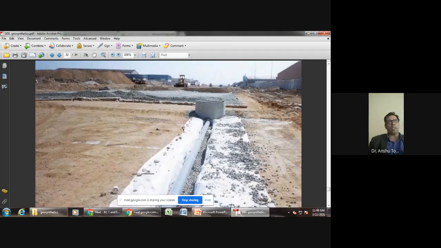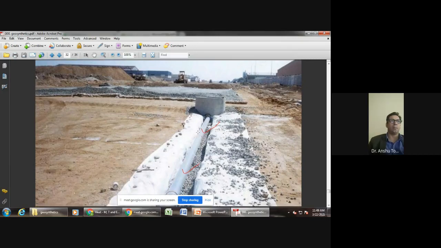This is for the drainage purpose. They have used this particular pipe, which can be of geotextile. Now it can be of PVC also. There are special reasons why we use a geotextile, which is quite costly as compared to PVC. You can customize the geotextile against extreme chemical actions or extreme temperature conditions, which cannot be done in polyvinyl chloride. That is why we use it for drainage purposes.